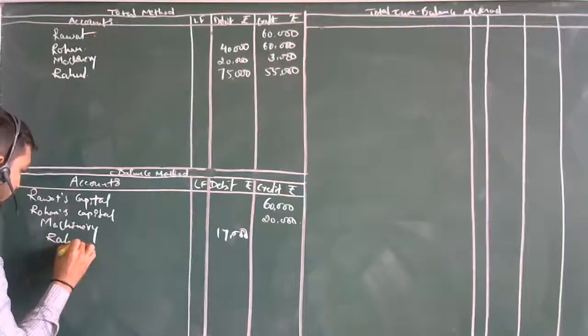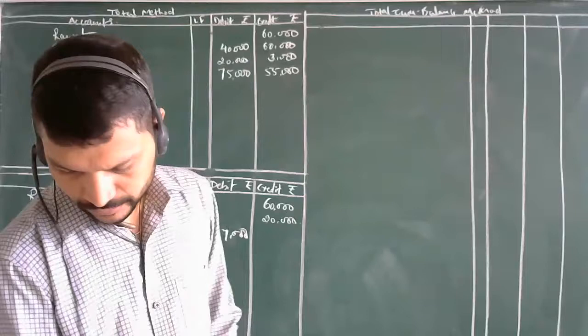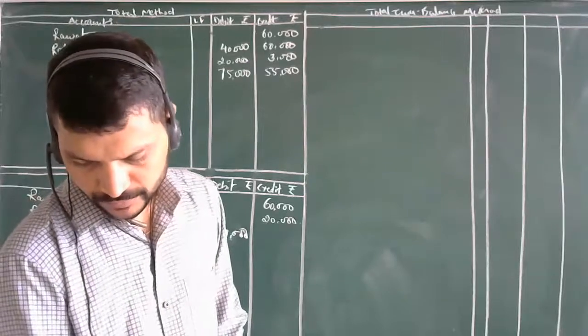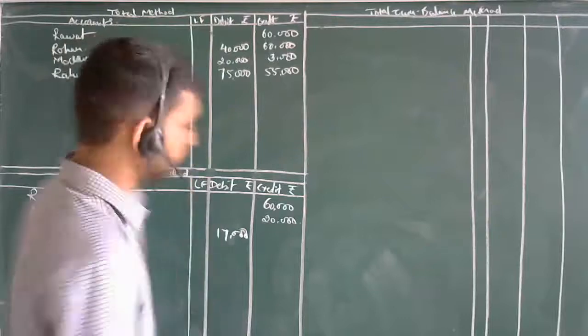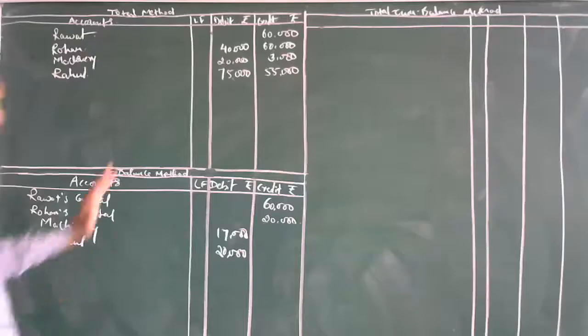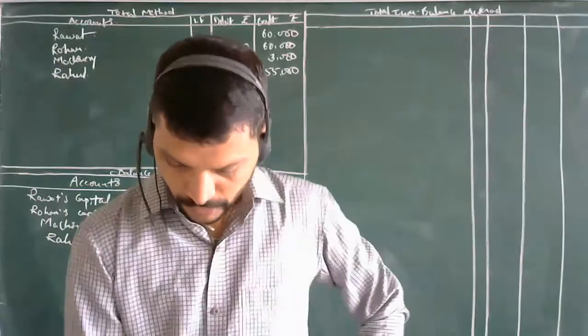So down over here, come to the balance method. What is the balance of this person, Rahul? So 20,000. Here we are saying it is credit side. So where are we going to take this 20,000? Debit side. Okay, done. So 4 accounts we have done now in the ledger account. What is the next one?